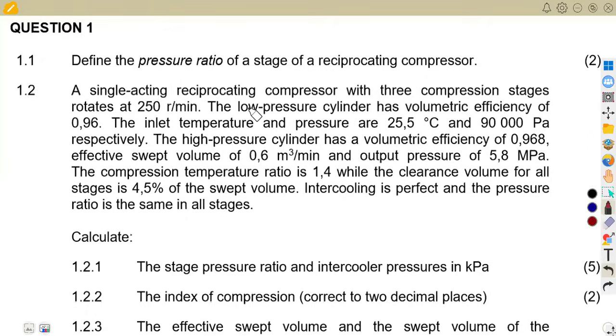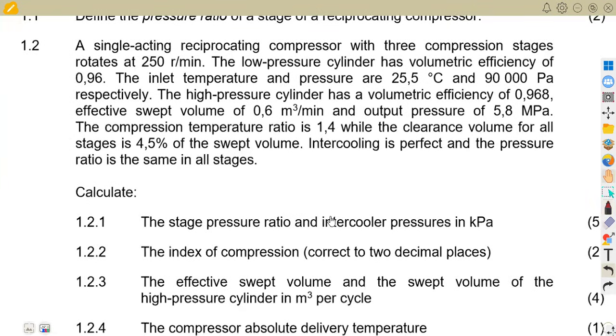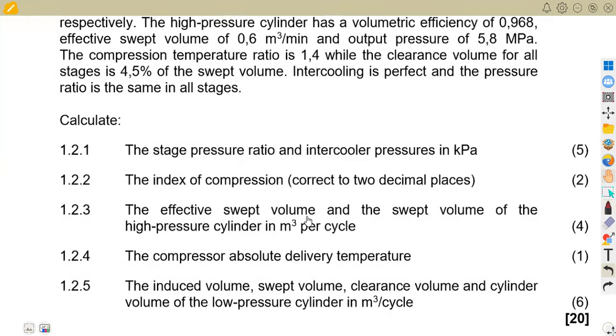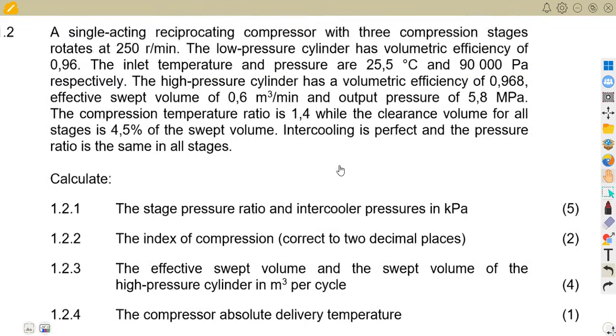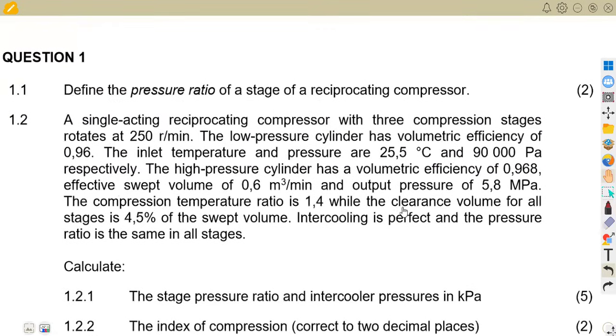Okay, guys, we shall check this question, which is on compressors. This is air compressors from the question paper of August 2022 exam. We just want to see how to attempt such typical questions on our air compressors. All right, so the first question, it was on 1.1, which is to define the pressure ratio of a stage